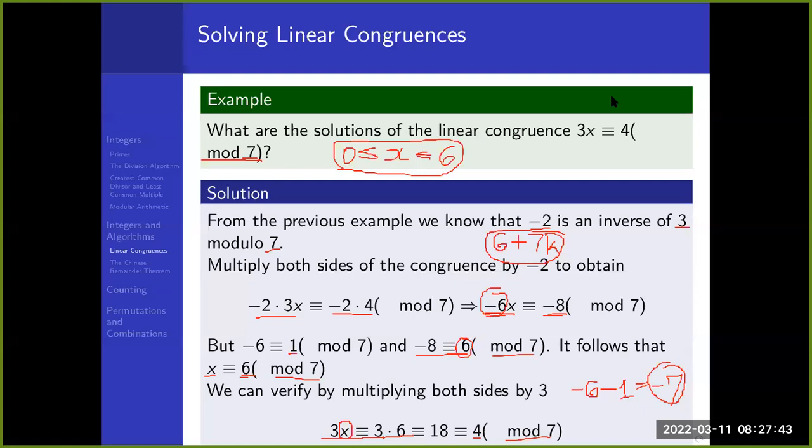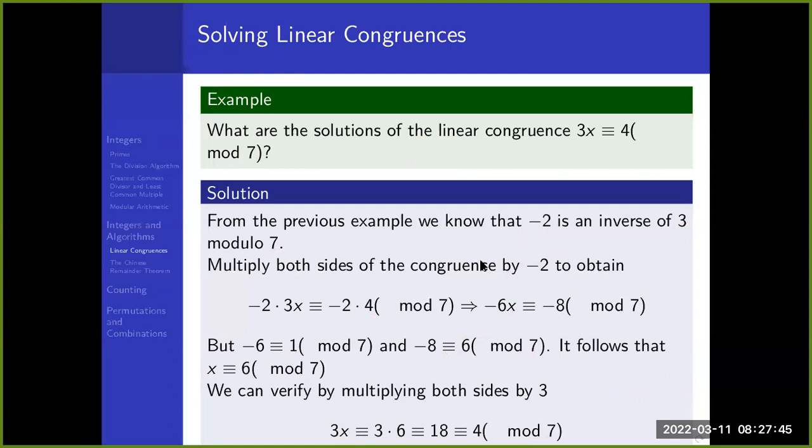Let me just clear everything. So this is the question. We have this congruence: 3x is congruent to 4 mod 7. I'm just rewriting it so that it is on one line. So we need a number here such that when multiplied by 3, we will get some number which is congruent